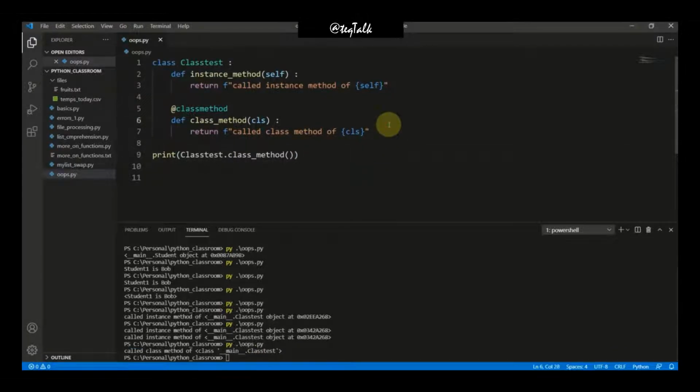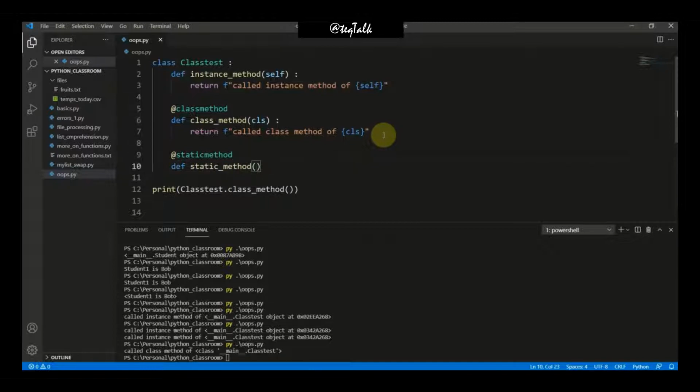We can define our static method like this: we just have to decorate it with this annotation, @staticmethod. And now just define it, def static method, within brackets. We don't need to pass anything here.